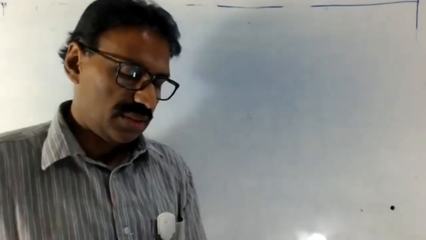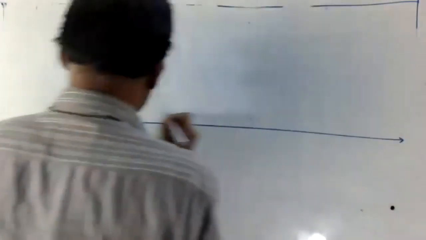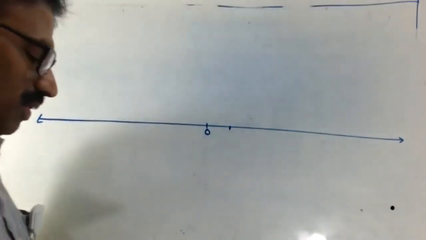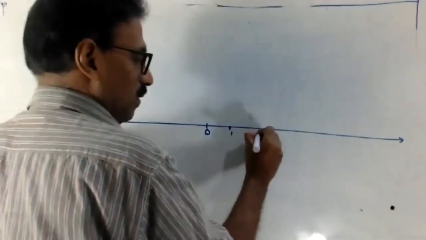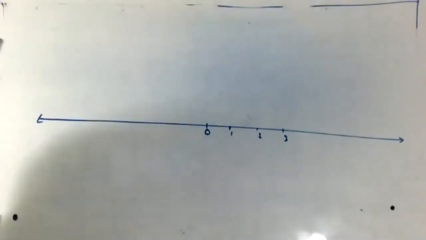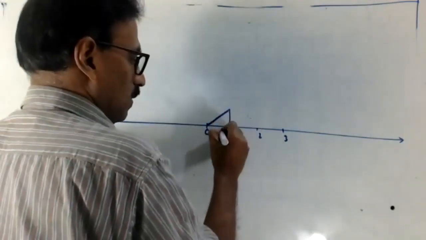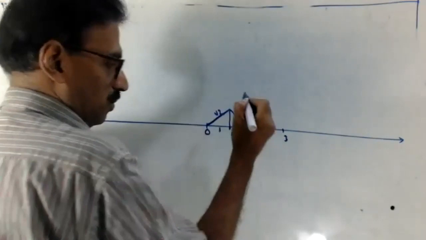Look here. Don't use the compass. This will be a very complicated figure. First you draw a big line, 0, 1. Better take 1 centimeter because we are drawing many things. 1, 2, 3. The scale is 1 centimeter for 1 unit. Here this is 1, this is 1, root 2. You mark root 2.